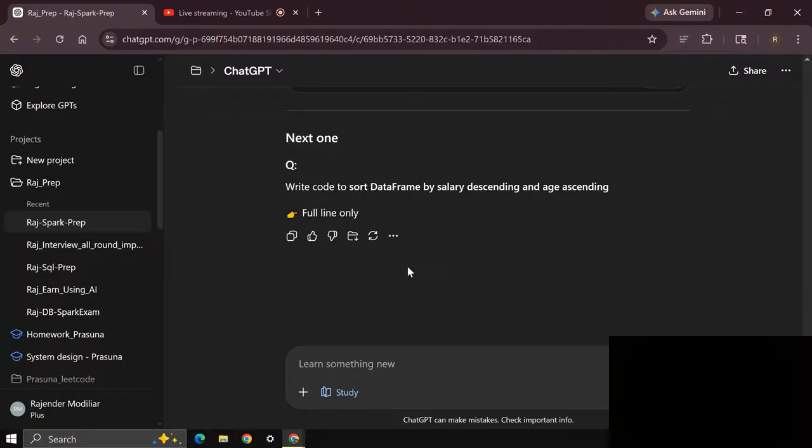Write code to sort data frame by salary descending and age descending. Both keys descending, and age ascending. Okay.